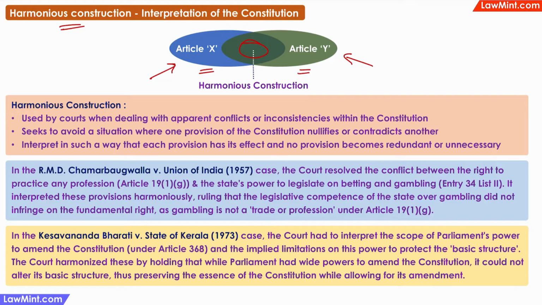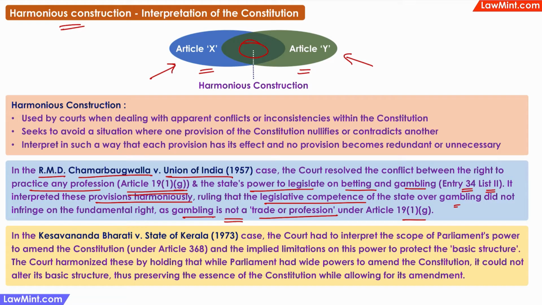The court will adopt the interpretation that best balances between the conflicting articles and allows both the articles to coexist. In the RMD Chamarbagwala versus Union of India case, the court resolved a conflict between the right to practice any profession under Article 19(1)(g) and the state's power to legislate on betting and gambling under Entry 34 of List 2. It interpreted these provisions harmoniously, ruling that the legislative competence of the state over gambling did not infringe on the fundamental right to practice any profession because gambling as such cannot be considered as a trade or profession